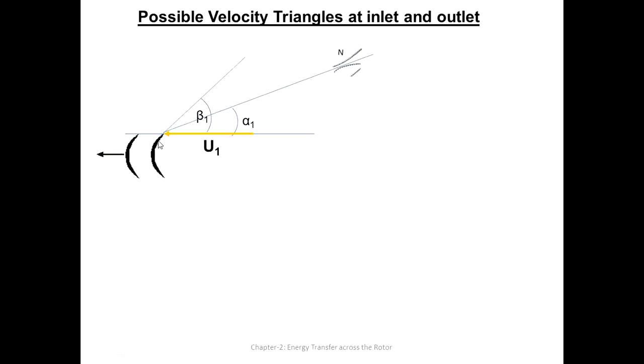then this beta 1 is what? Blade angle. Beta 1 is the blade angle at inlet. Beta 2 will be the blade angle at outlet. Which direction you will take with respect to what? Horizontal direction only. U, blade velocity only. You want to take every angle with respect to the horizontal blade speed. So fluid approaches from the nozzle to the blade and then makes an angle alpha 1.